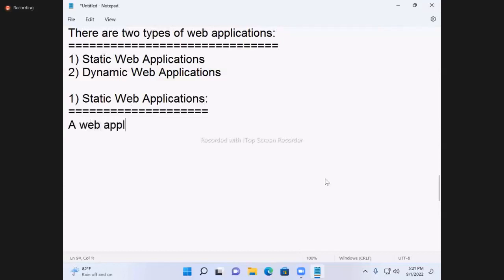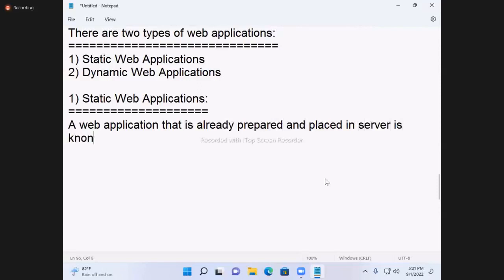A web application that is already prepared and placed in server is known as static web application.